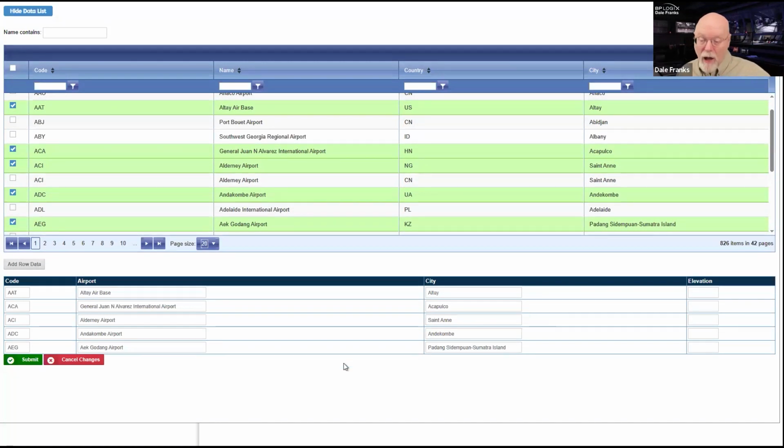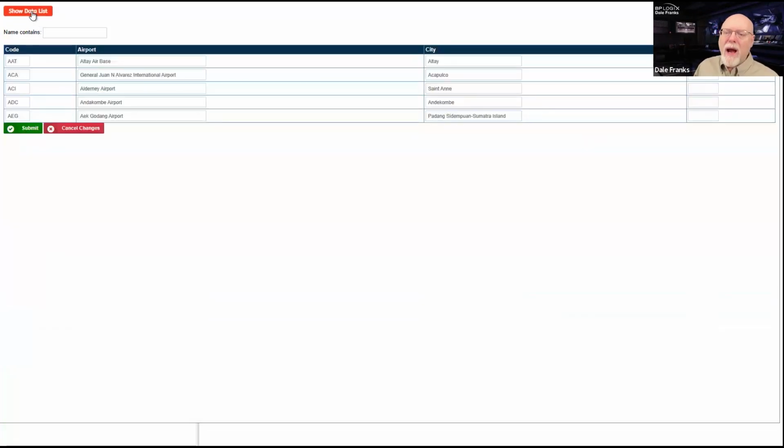It may be a non-array control and you just want to set the value, in which case you can't select multiple items like you would in an array. But this allows me to build an array. The thing is, once I've grabbed the data that I want, I can just go ahead and rehide it, right? And so now it's gone and I don't have to worry about it anymore. It doesn't take up any more space on my form. It just disappears off of my form and I can continue with what other data entry I need to make, and then I can just hit the submit button.